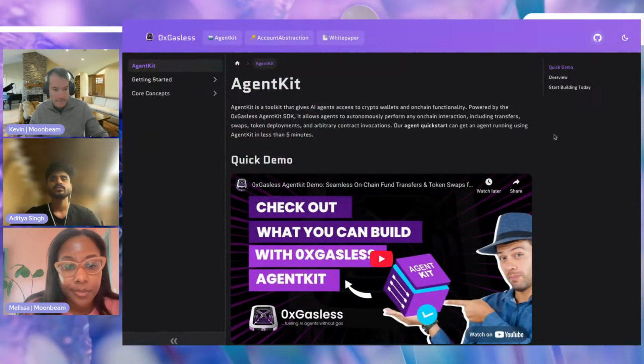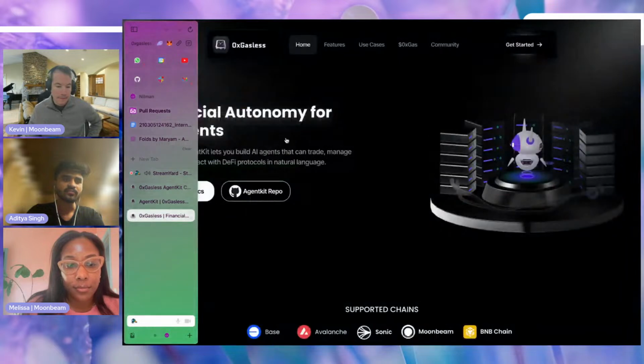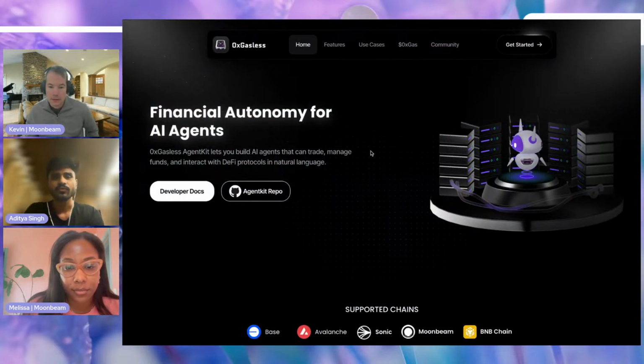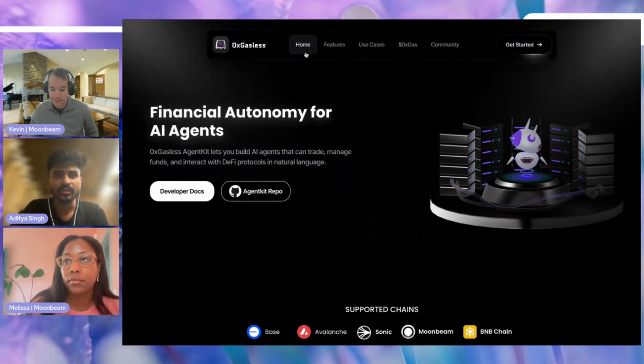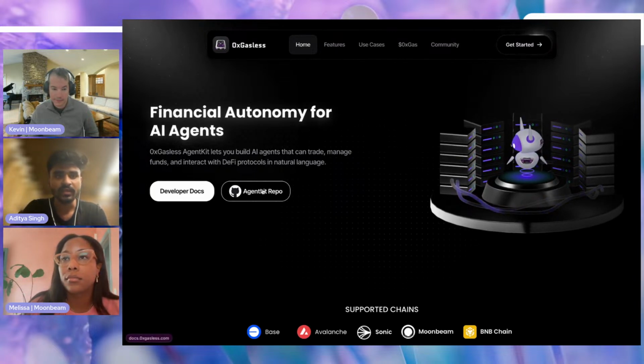Okay, so let me start with our website, 0xgasless.com. Anyone can search and read about it. Here are the developer docs, which you can get here, and the AgentKit repo. Our AgentKit repo